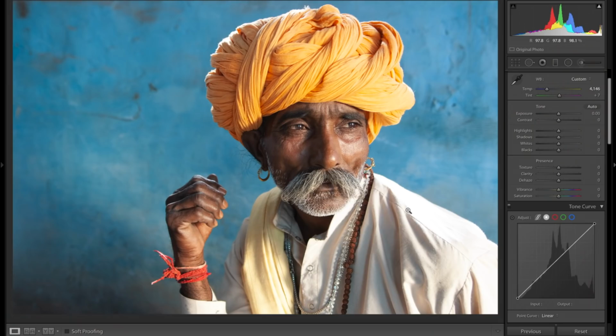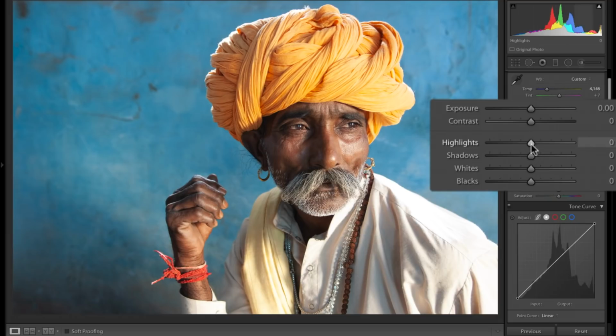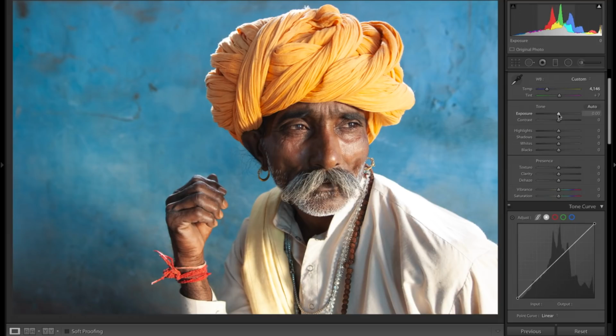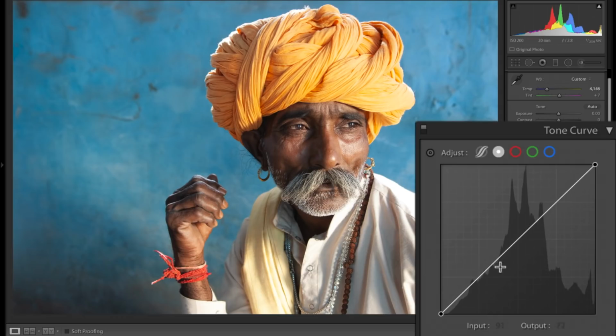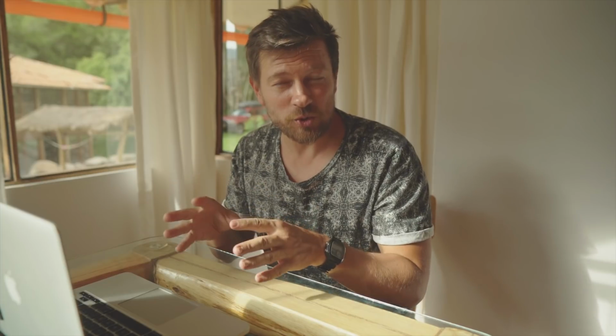Highlights, shadows. Highlights and shadows are a great tool, but it's very important to understand its impact in relation to other tools. Usually these sliders are very interconnected with the exposure and the tone curve. Anyway, let me show you a very common way in which I use the highlights and shadow tool with this